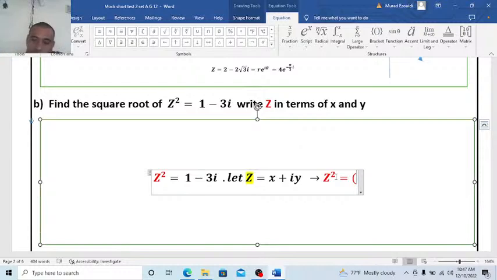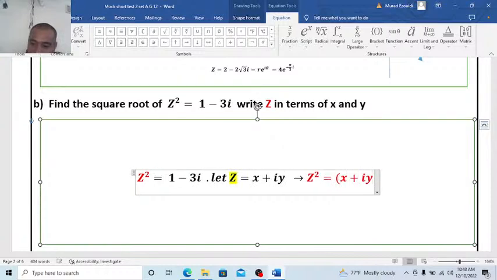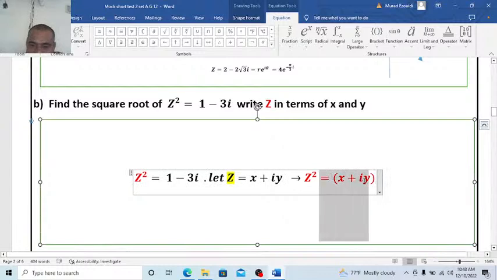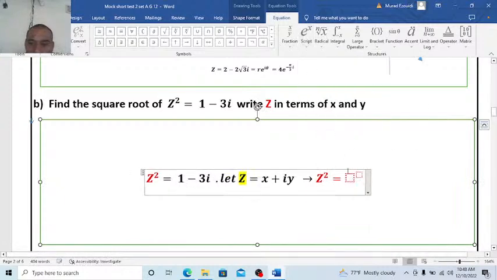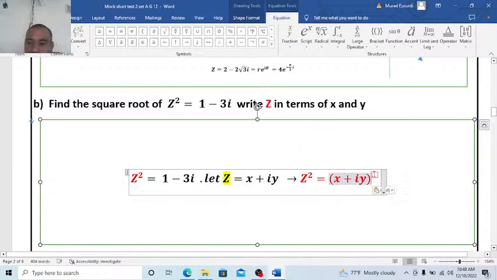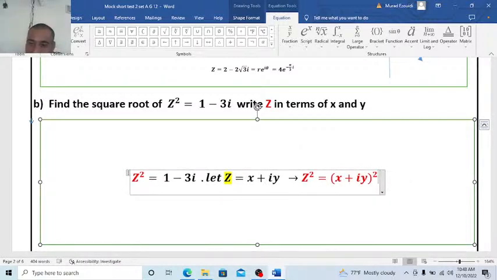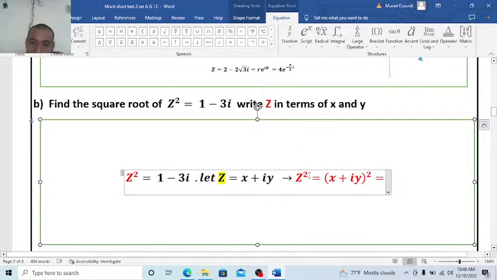Thank you. So, here I will write (x plus iy) all squared, okay? All squared, of course. Here I'll just cut this. Then I should insert the symbol of the exponent function, then to the power 2. This one, learners, is equal to what? Is equal to z squared, or x squared, I'm going to use this equal, okay,